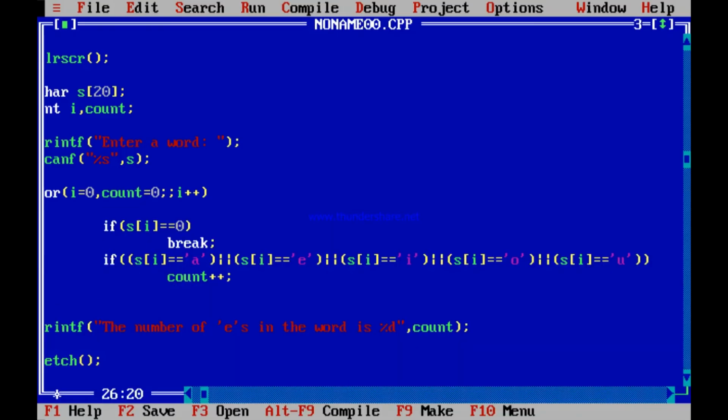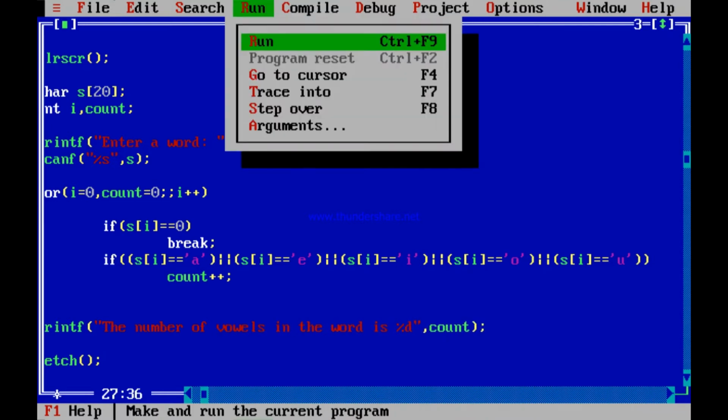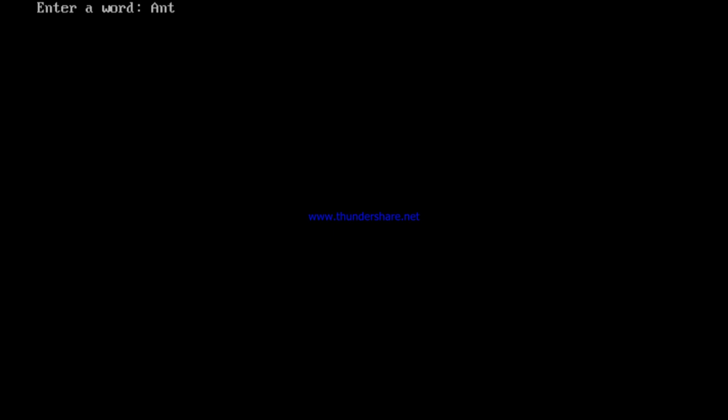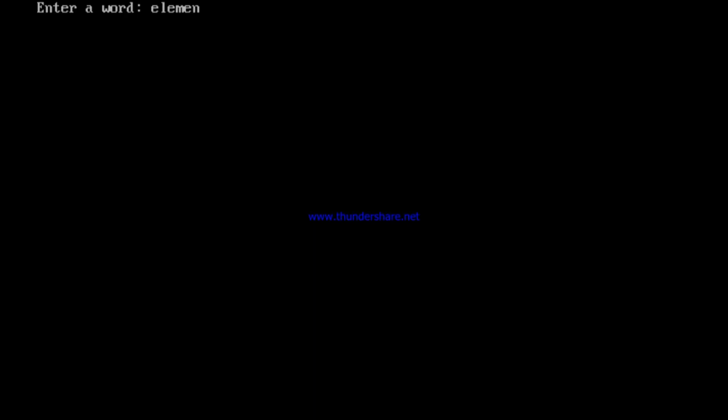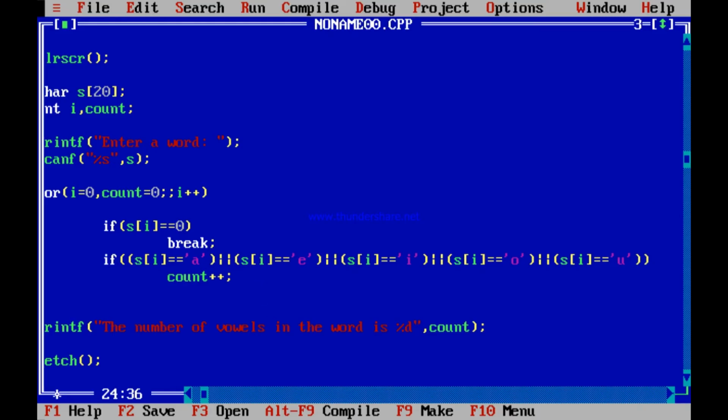One problem is I did not change it. It is not the number of E's but the number of vowels. Firstly, this change you need to do. Now you check. Again I write antenna. How many vowels are there? A, E and A should be showing 3. It is showing 2. For hello, it printed 2. For elementary, when I write it like this, it is printing 4: E, E, E, A. But if you start it with a capital, it will show 3, because you have not counted the capital letters. You need to do that also.